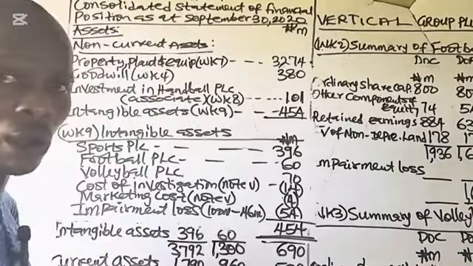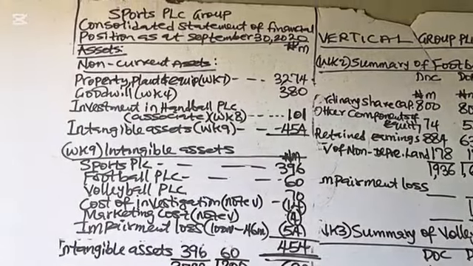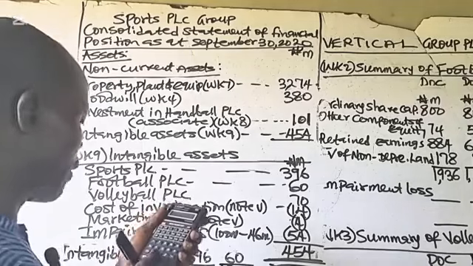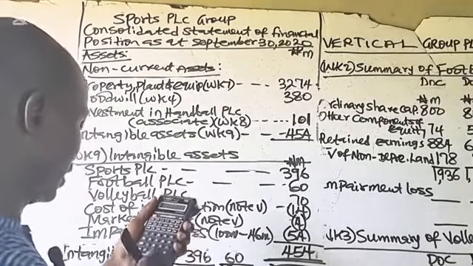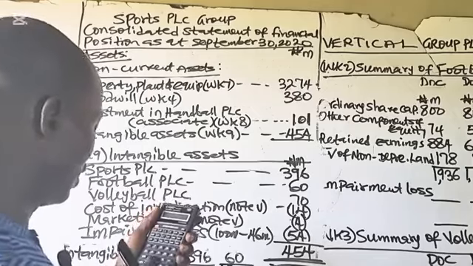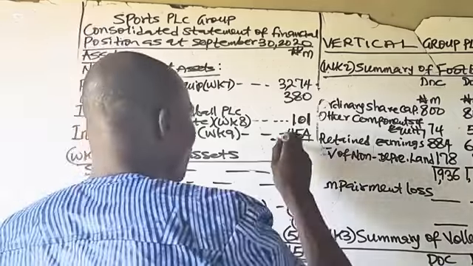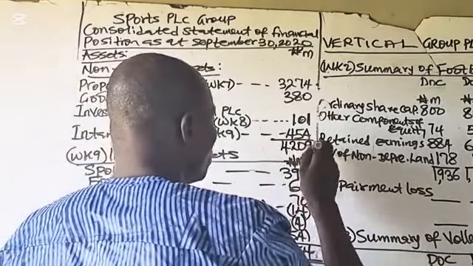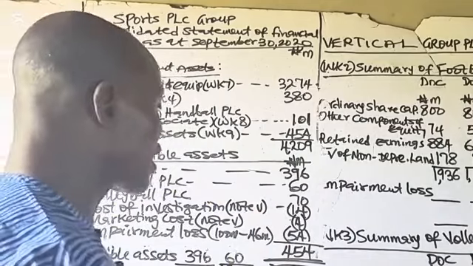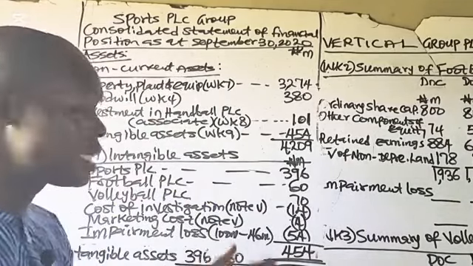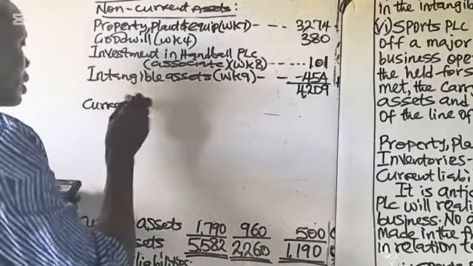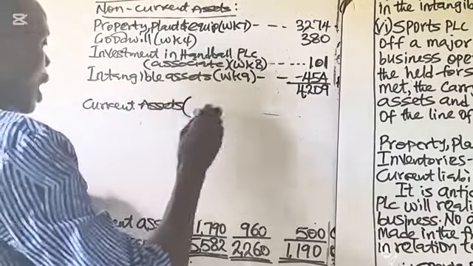So we can sum up our non-current assets in order to get the total assets. So 3274 plus 380 plus 101 plus 454. So we have 4209. That is the total of our non-current assets. After non-current assets, the next assets are the current assets. And our current assets, we have